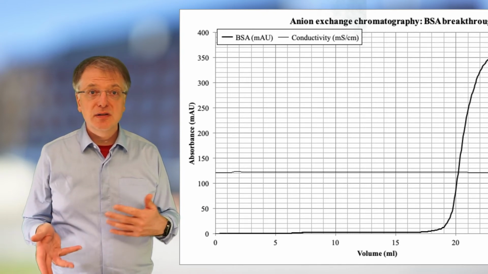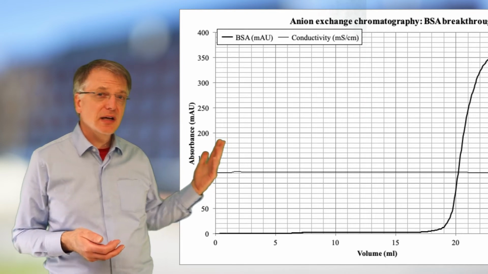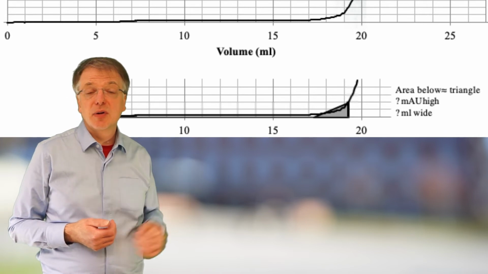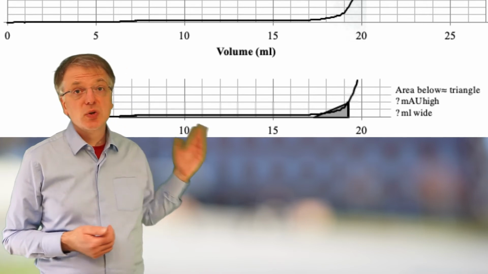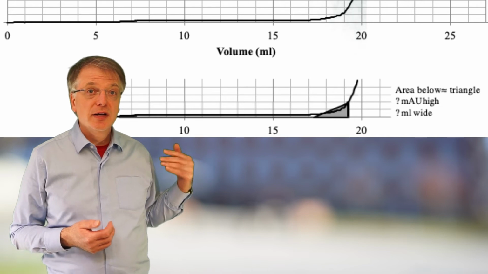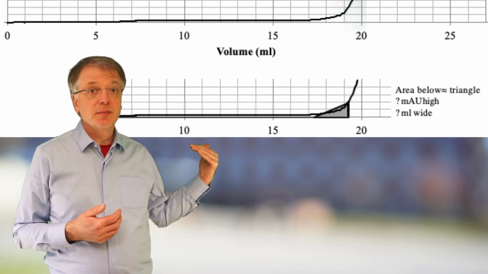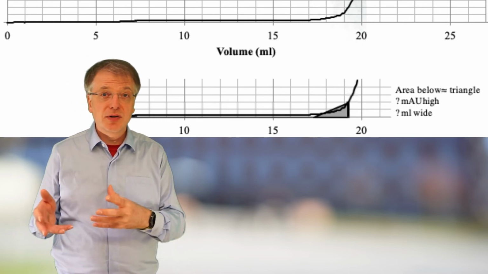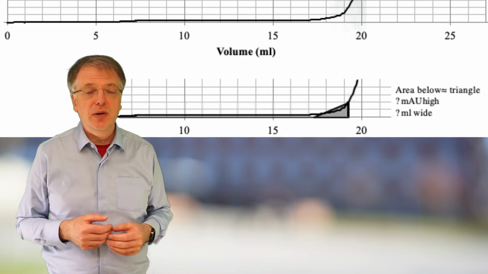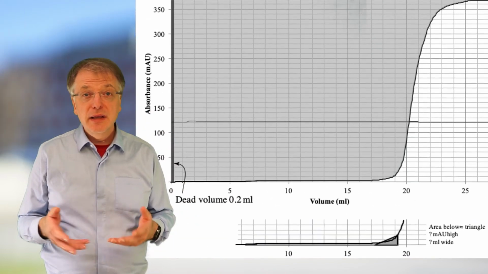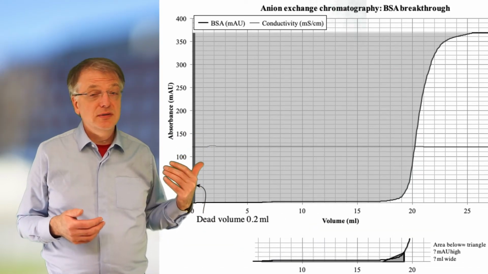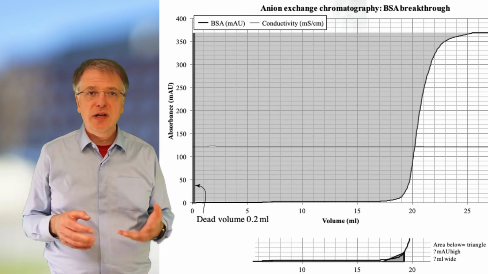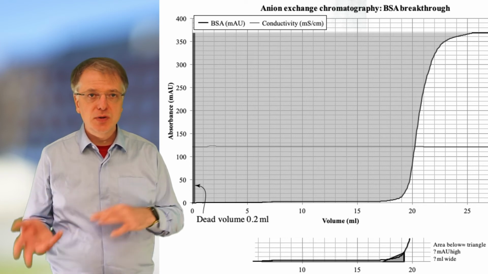As before, the easiest way to calculate the area below is likely to draw a triangle that has the same area as the area below the breakthrough curve. Thus, when you draw the triangle, the part of the area below the breakthrough curve that is not inscribed inside the triangle should be of the same size as the part of the triangle that goes outside the area below the breakthrough curve. In this case, the area below the breakthrough curve is rather small in comparison to the area above, but I encourage you to do that calculation anyway and see for yourself how large or small a difference